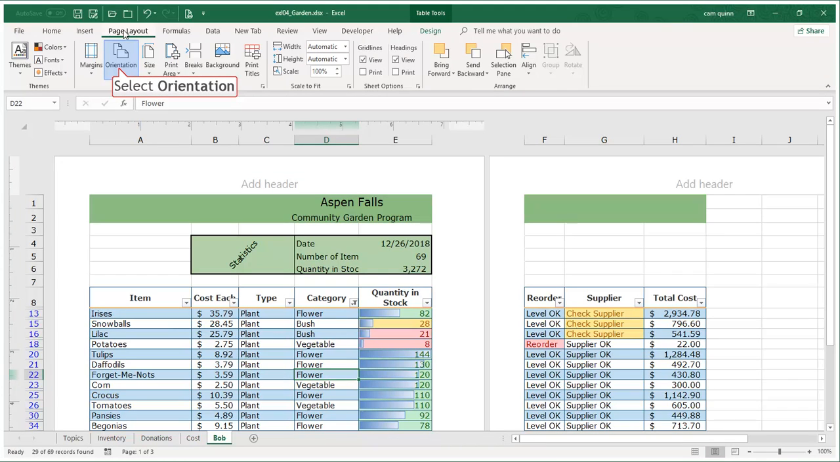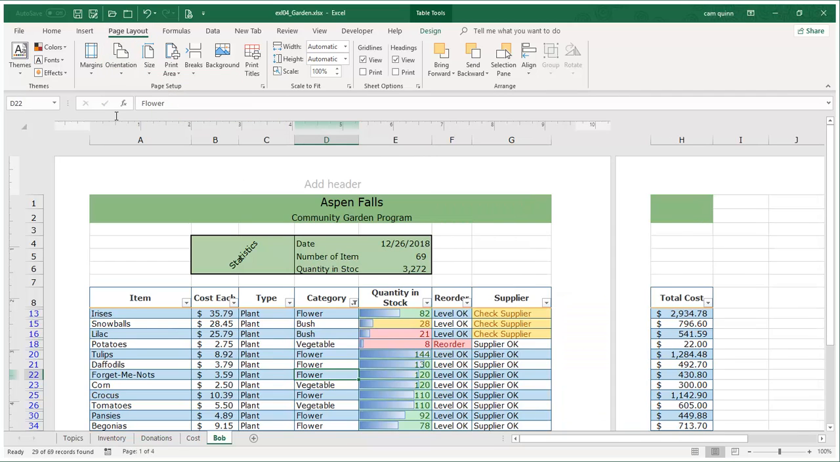And in landscape, I still have that one column, column H, that's displaying on the second page. So then I'm going to change my width and my height. So width would say I want to have all my width fit on one page. So when I click on that, you can see that my scale drops from 100% to,